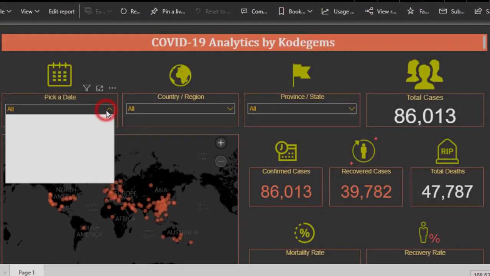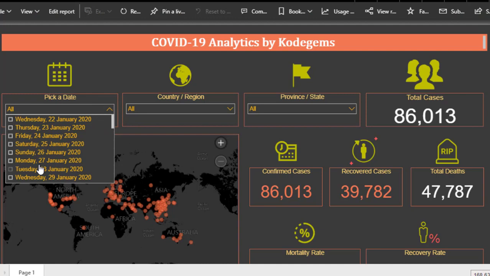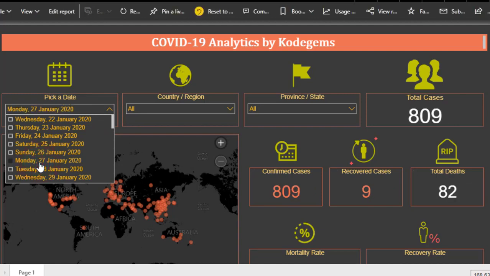So this is my completely interactive dashboard. We have some date drop down, have country, region, province, state, and total cases,